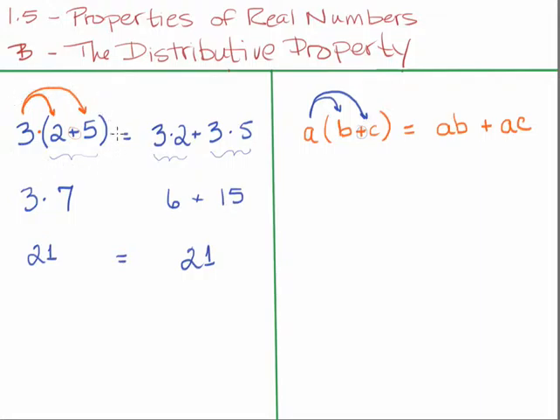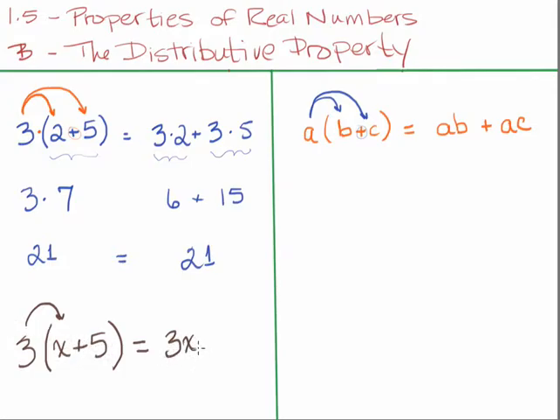When we're just working with numbers, it doesn't matter which way you do it. In fact, technically, since we have order of operations, we really should do what's inside the parentheses first. But sometimes we don't have that option. Sometimes we have problems that have variables in them. So for example, instead of 3 times 2 plus 5, this said 3 times x plus 5. I would not have the option to add the 5 and the x together first because I don't know what x is. But I can rewrite this as 3 times x